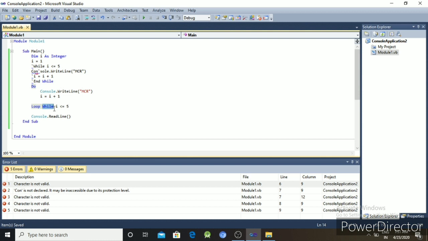While checks the condition at the beginning and do while checks the condition at the end. Both execute when the condition is true. For this program, the value of I equal to 1.